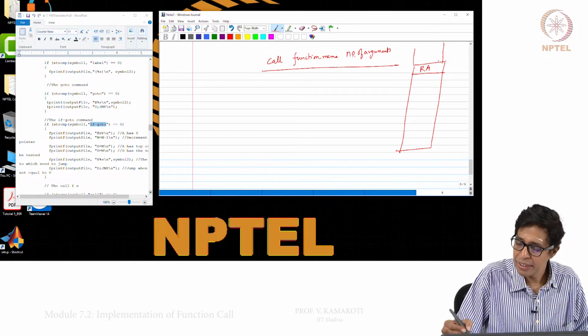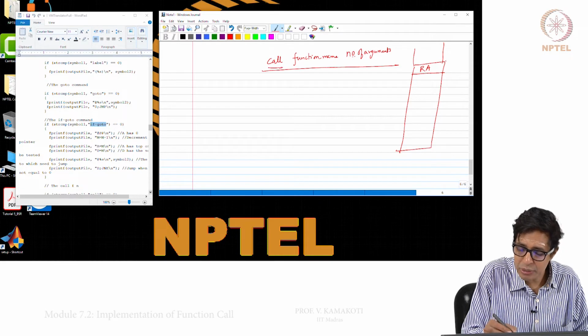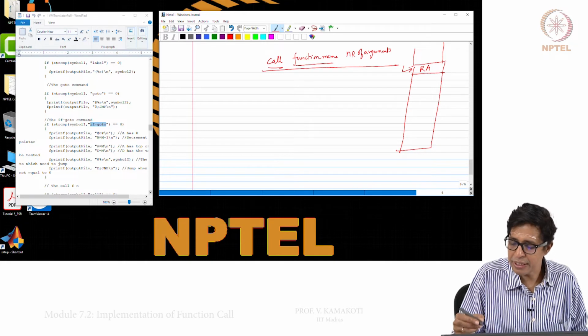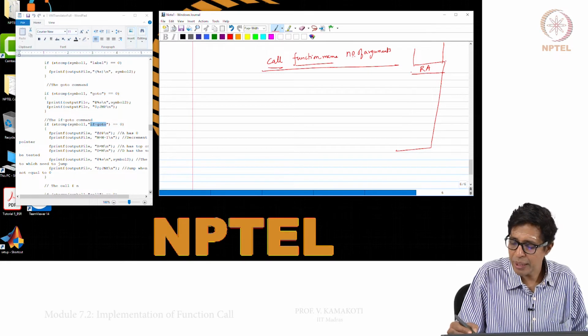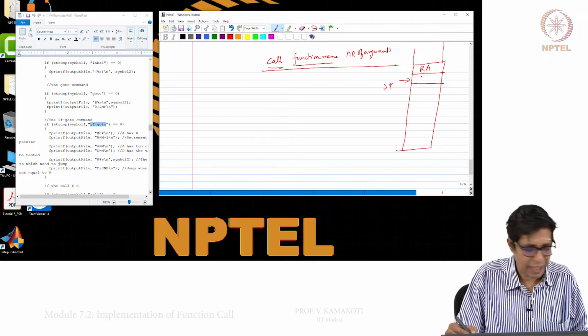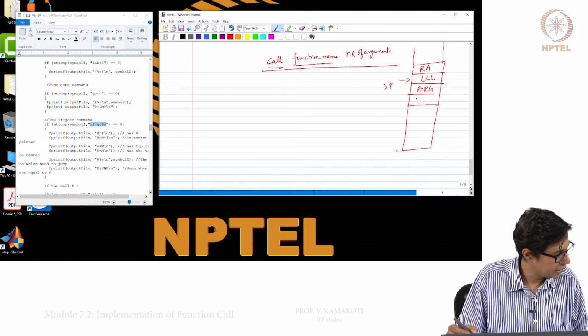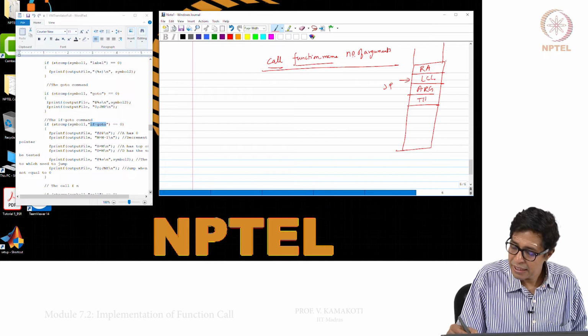So, I have to push that return address in the stack. So, this is a stack. Now, when a call executes, when I call some function name with some number of arguments, I need to put a return address first. So, the stack pointer now points here. Then I have to store, as I mentioned here, the LCL, the ARG, then the this and that.